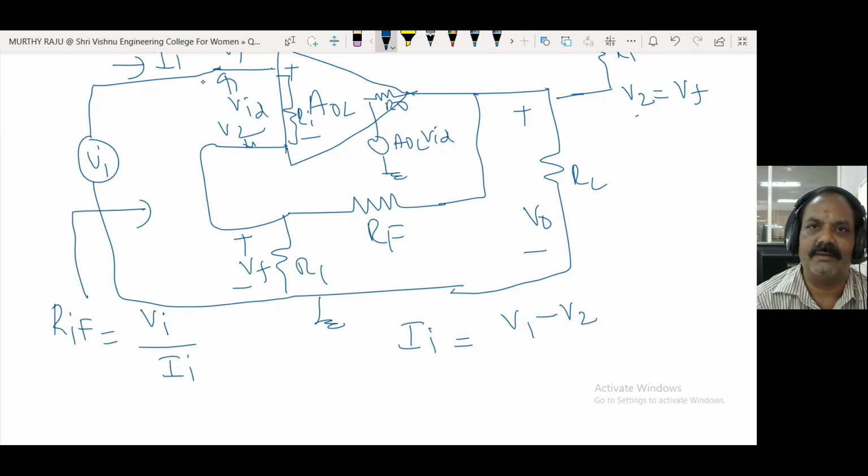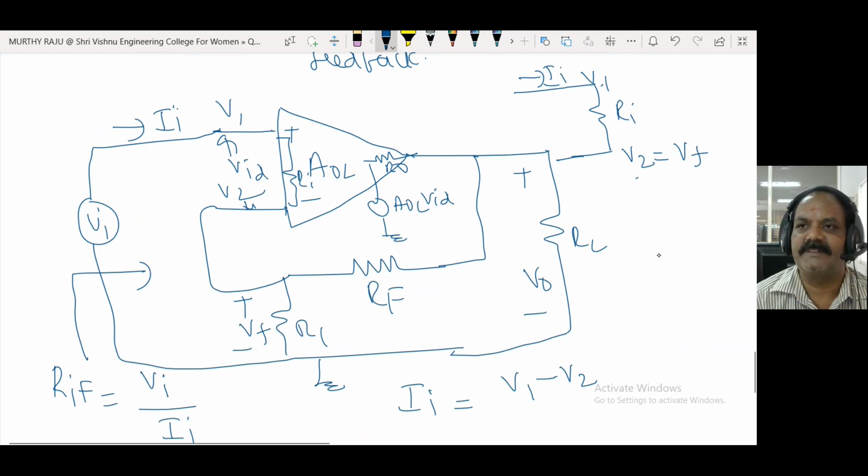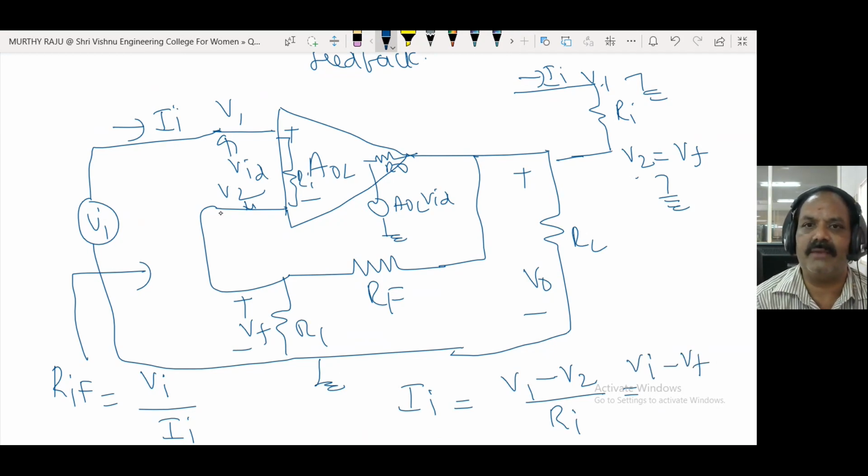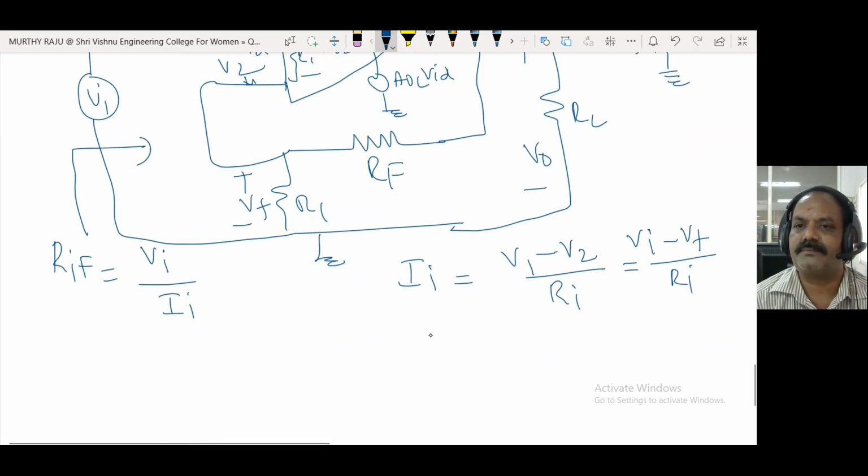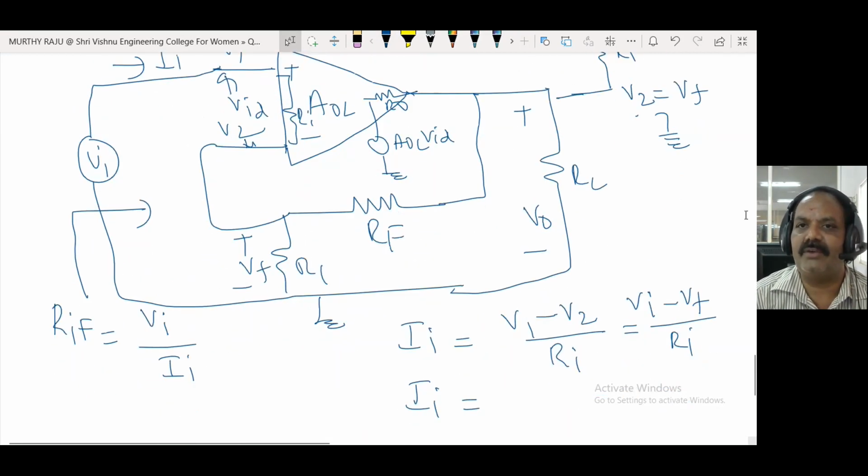See the V1. V1 is VA measured with respect to ground, and V2 is also measured with respect to ground. Therefore, V1 minus V2 by RF. V1 is VA, V2 is VF, by RF. That is equal to, here, VAD. V1 minus VF is